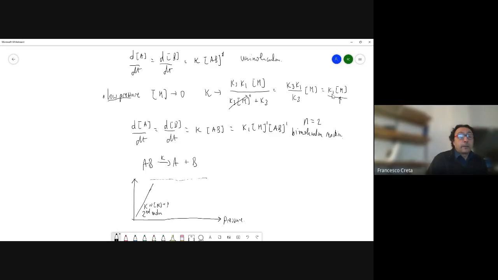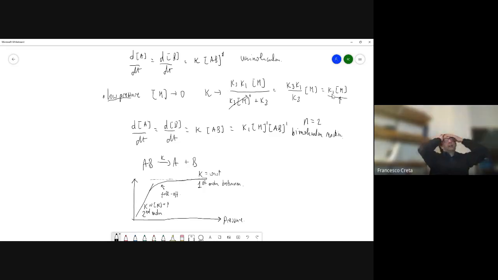For higher pressure, we have a constant behavior. And so this K will fall off. That's how it's called. This is a fall off behavior because it falls off to a constant value. Okay? So K is constant. And so this is a first order behavior. Okay? So these are essentially